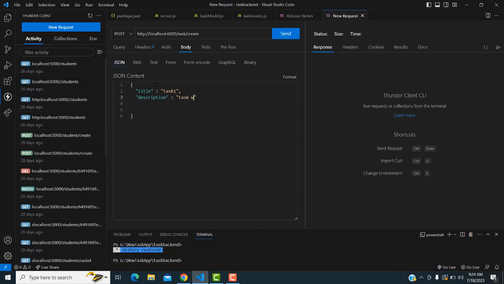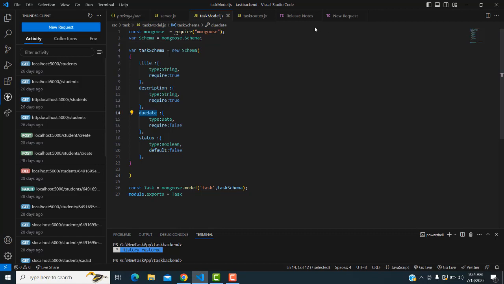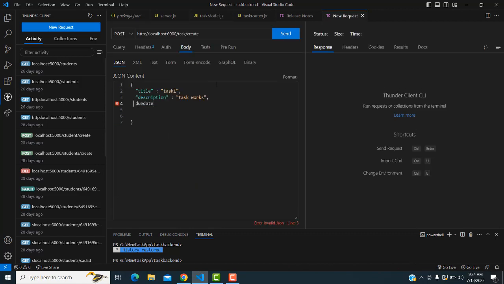task works, comma, what are the other schema fields? Task model, due date. You have to write here the due date, in date format. After that you have to write another field which is a status